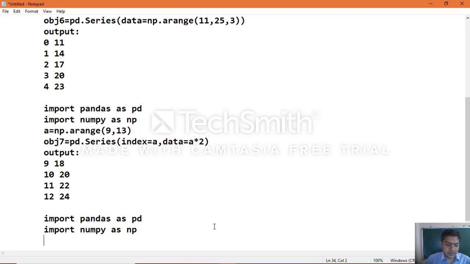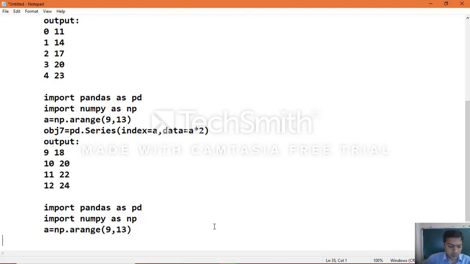In the same way we take a equal to np.arange of 9, 13, then pass that array to the series object obj8 equal to pd.Series of index equal to the same array, and data equal to the exponent value which you want to calculate.